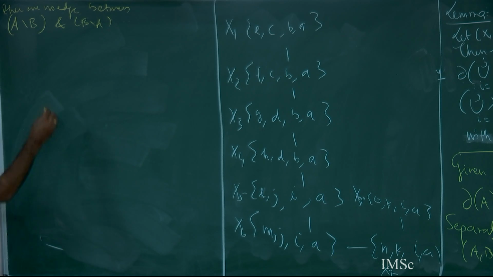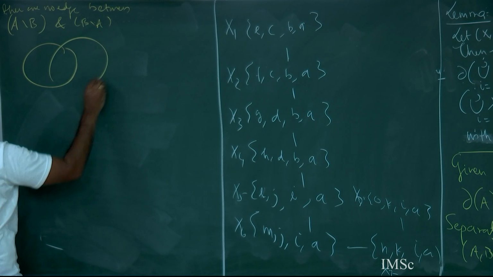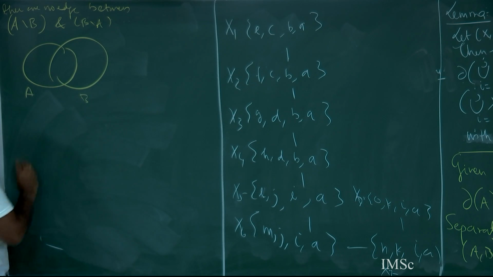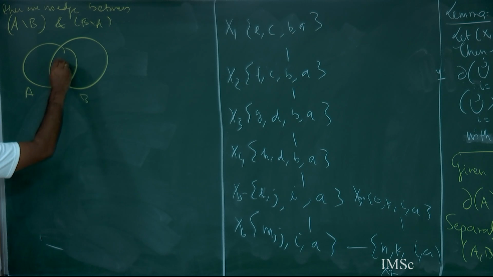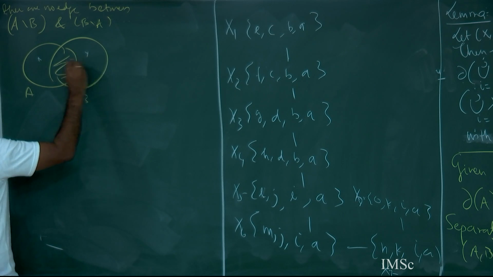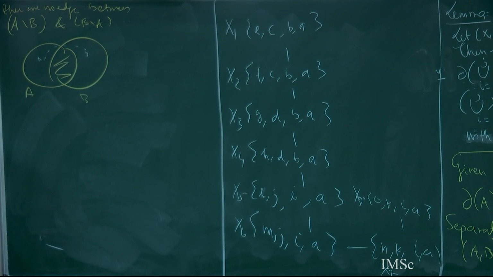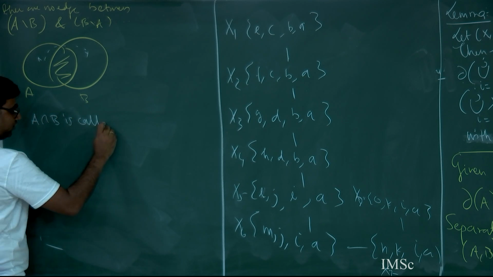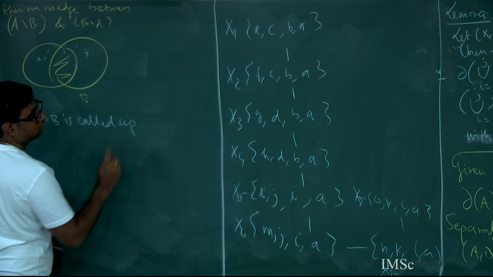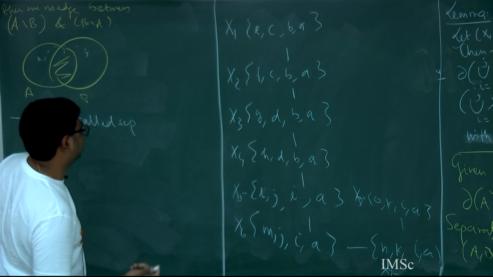So basically think of this way, that this covers whole graph A and B, right. So if you delete this part, then there is no edge from a vertex here to vertex here, right, and A intersection B is called separation or separator, right, what I called is called separator,